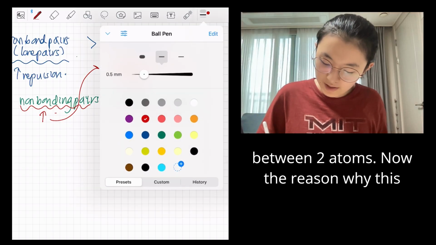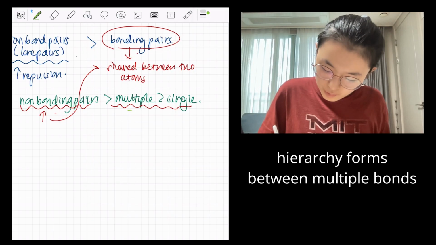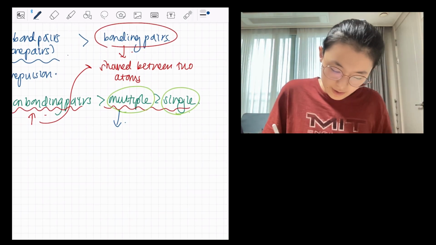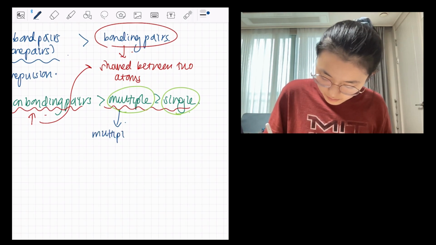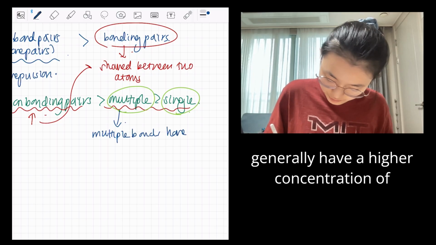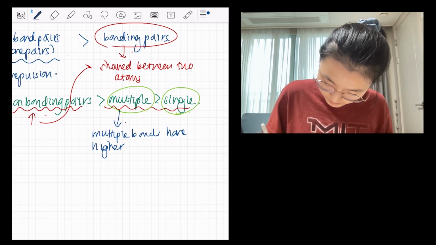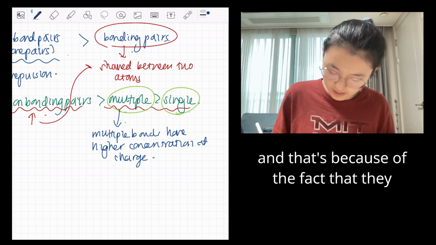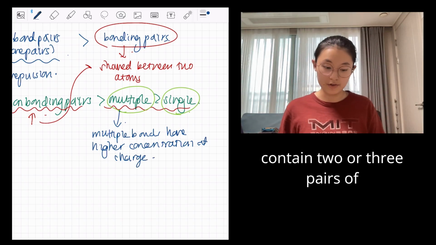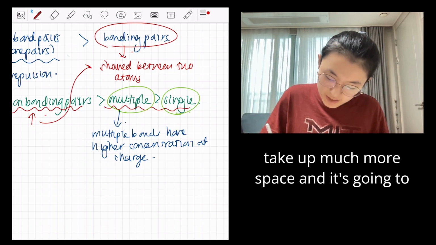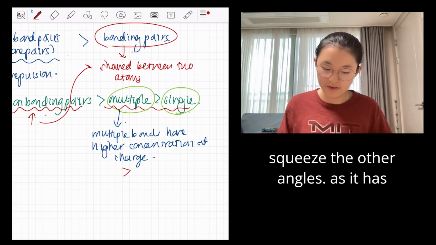Now, the reason why this hierarchy forms between multiple bonds and single bonds is because multiple bonds generally have a higher concentration of charge. And that's because they contain 2 or 3 pairs of electrons. And therefore, this is going to take up much more space, and it's going to squeeze the other angles